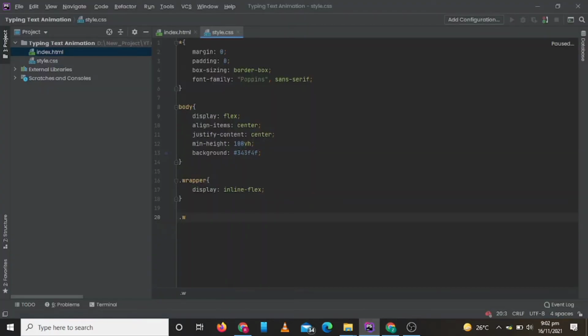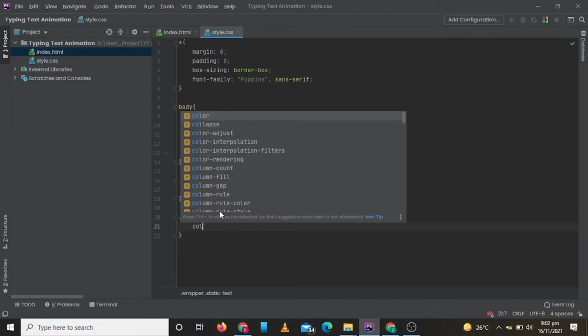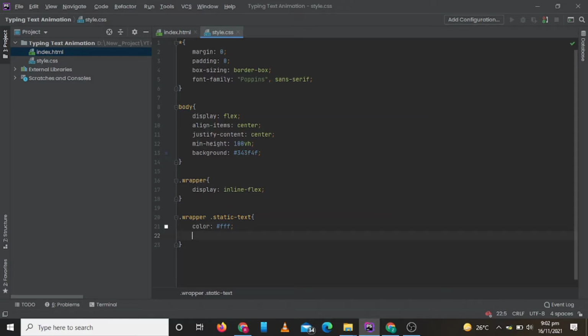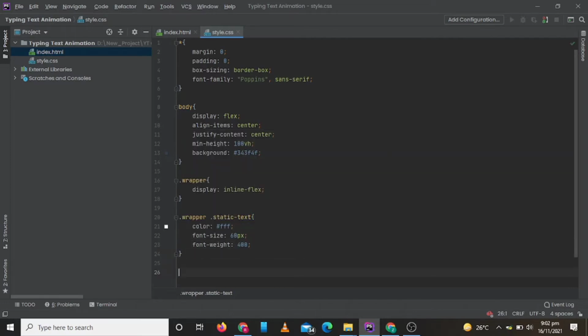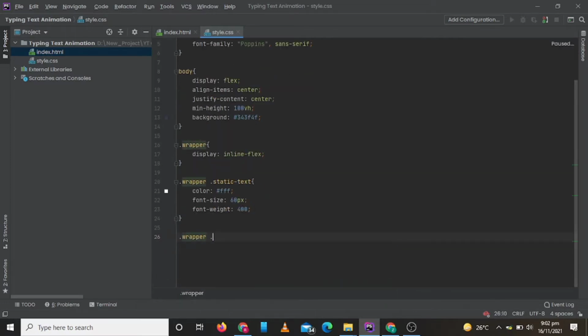Now let's check how it is looking. So now let's add CSS for our static text. Now we will write CSS for our dynamic text.